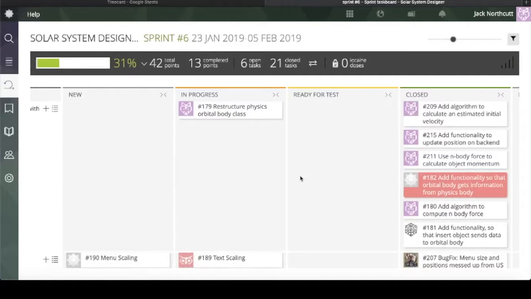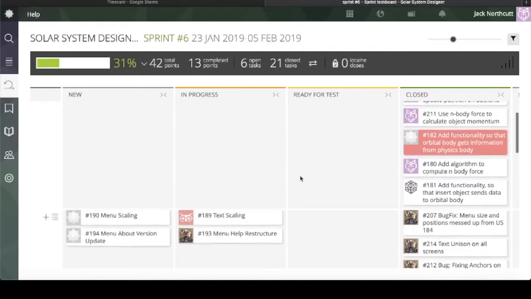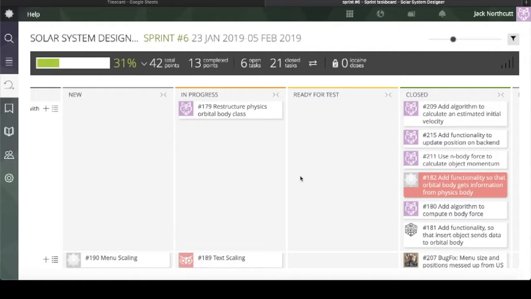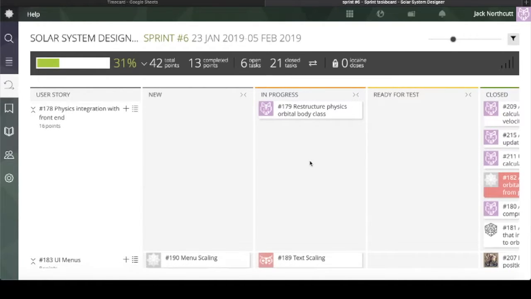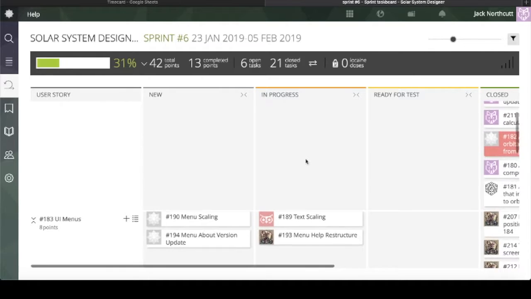We're in the middle of our sprint, and this is because our sponsor likes to have our sprint finished the day before a meeting so he can have a day to review our stuff before our meeting, which is normally on a Wednesday. The overall objective of the sprint was to try to get physics integrated, and what you can see is it's almost complete with the physics side. Hopefully by the fifth, our physics will be completely implemented, at least the basic structure of it, and we can add in objects and see those objects orbit around each other with gravitational force